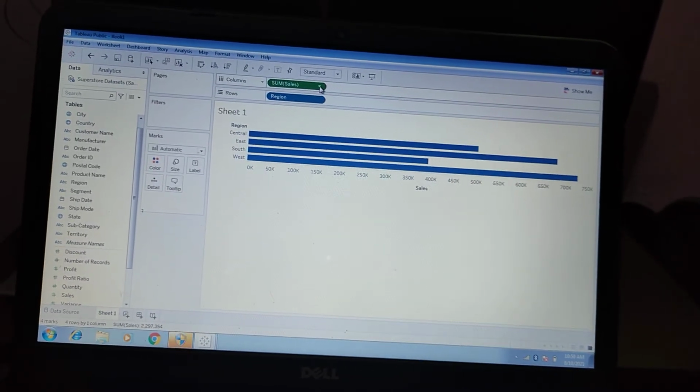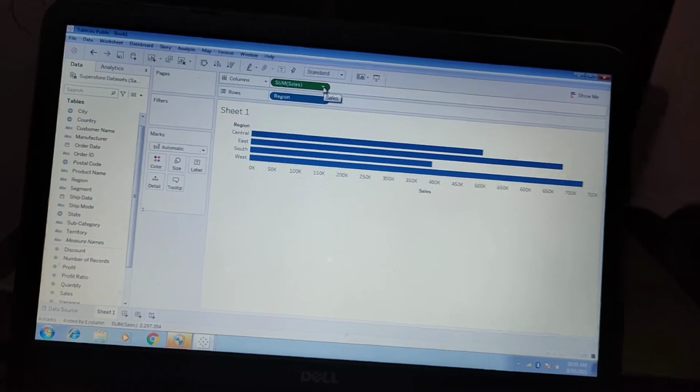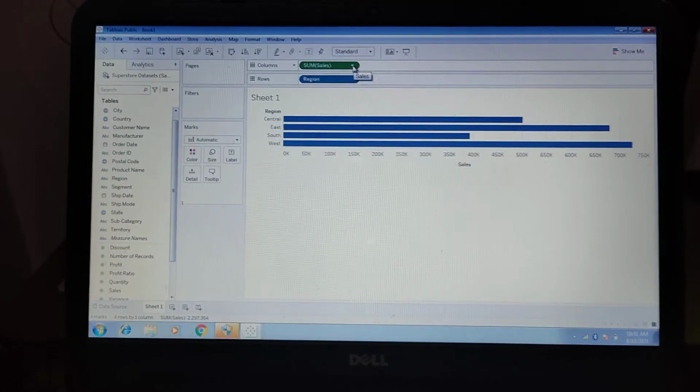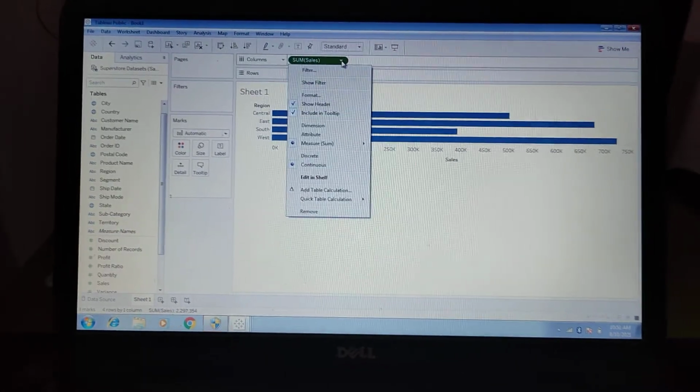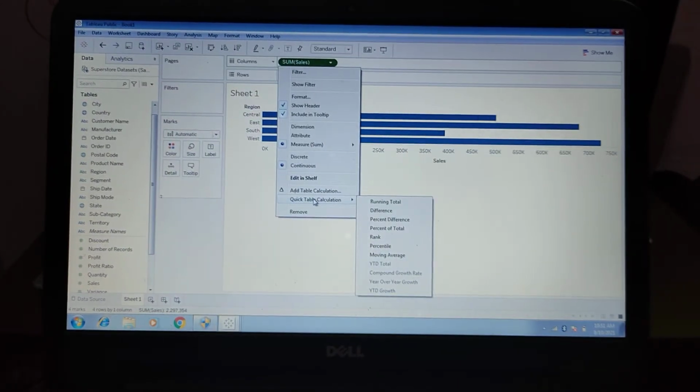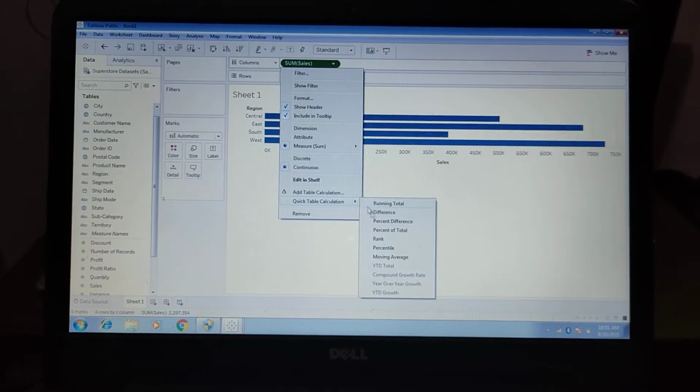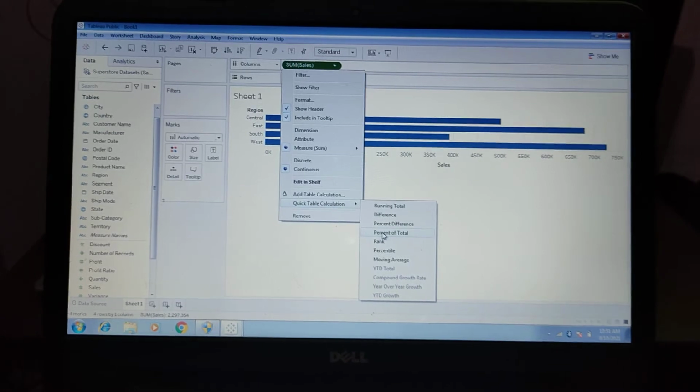So we want a 100% stacked bar chart, then we can go to the Sales, click on Quick Table Calculation, then select Percent of Total.